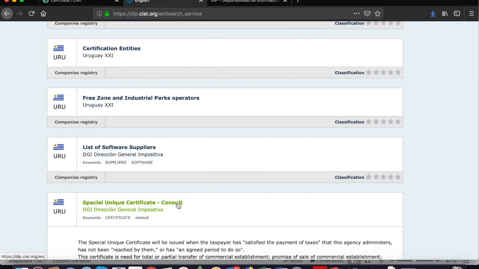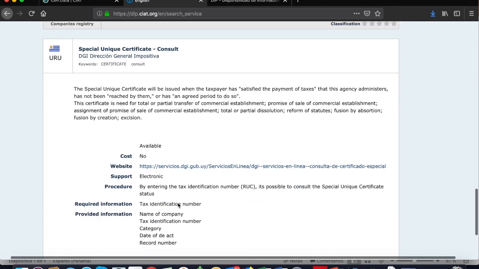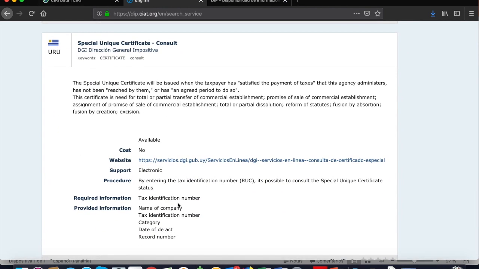The service structure is based on a standard specially designed for DIP. A service contains: first, a short explanation of the content of the source. Second, the name of the entity that publishes it. Third, whether obtaining the information implies a cost or not. Fourth, the necessary data to be provided in order to obtain the information. And finally, the information fields that is possible to obtain. After evaluating this description, if the source seems of interest for the user could access the website.